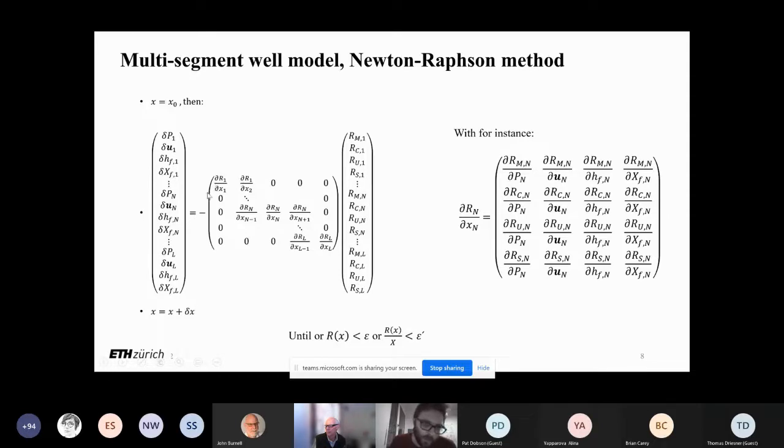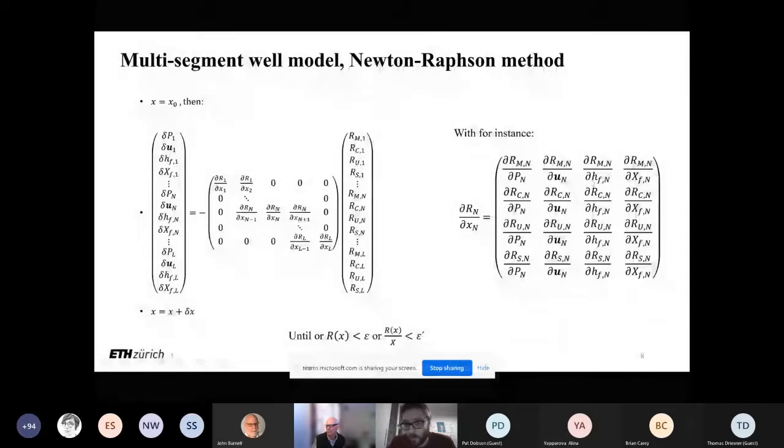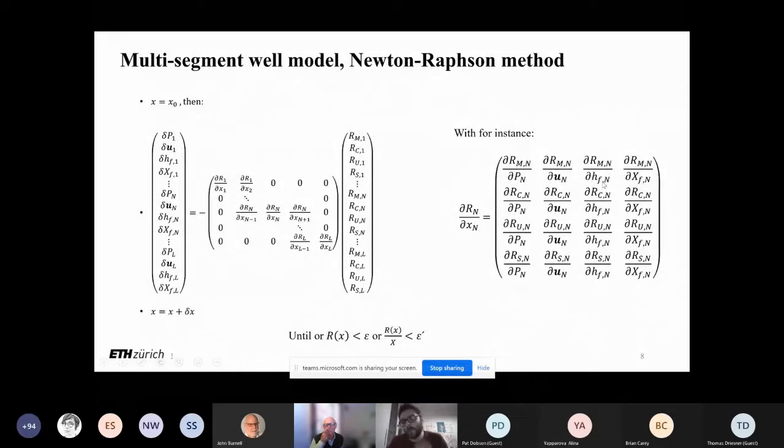Here I expand: this term is actually a bigger matrix that contains the residuals for momentum, mass conservation, energy conservation, and salt mass conservation with respect to all of the variables: P, velocity, specific enthalpy, and salt mass fraction. And we keep iterating like this, making this operation until we find that the residual is close enough to 0,